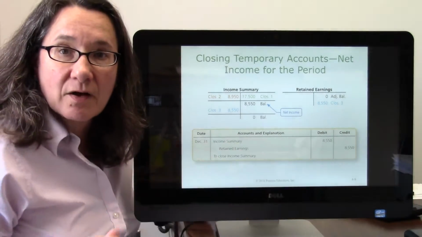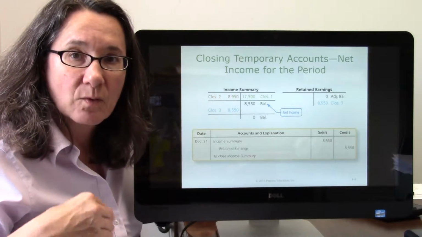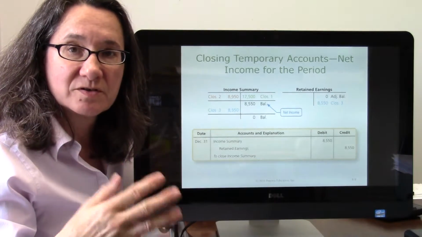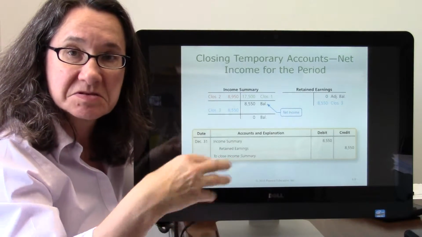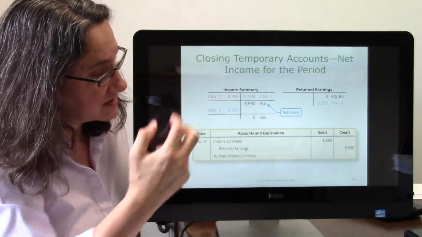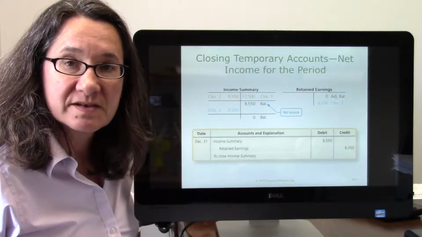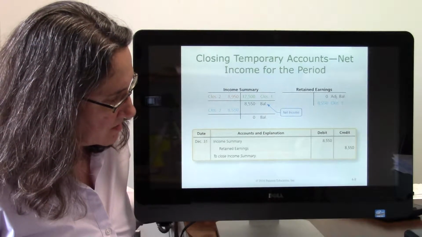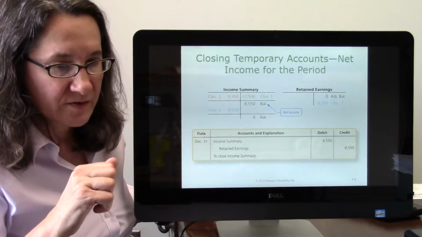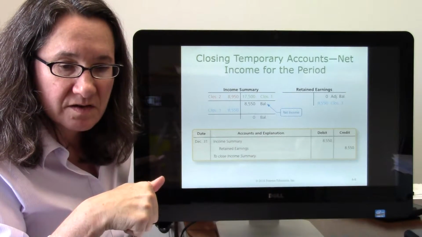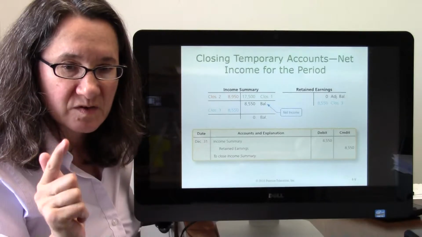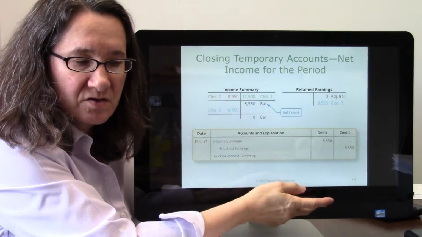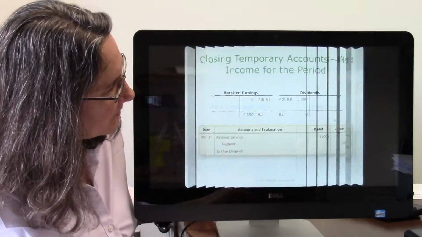Remember we've talked about how retained earnings are where the income contributes to the owners and whatever they don't pay out in dividends stays in the retained earnings account. This is how it gets there. We close the revenues and expenses to income summary, and then we close income summary to retained earnings. So that's how that got in there. So your first step, close revenues to income summary. Second step, close expenses to income summary. Third step, close income summary to retained earnings. Final step,